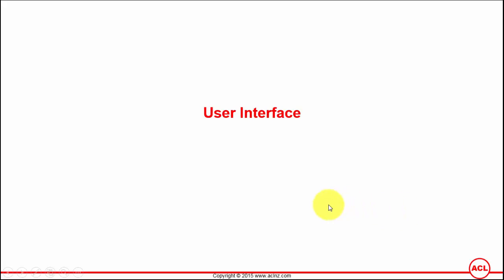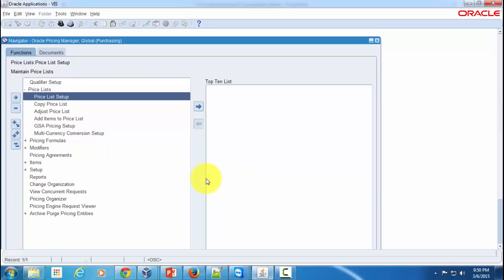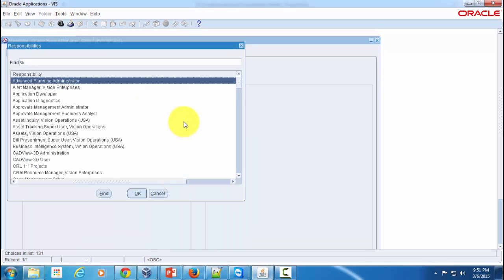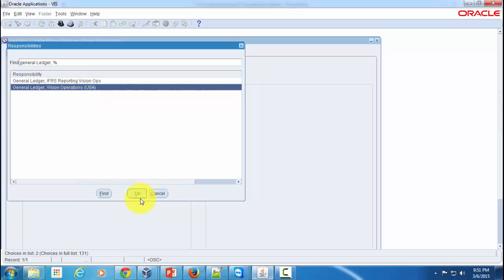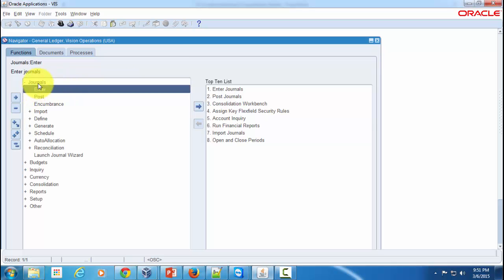So I'm going to minimize this, and the first thing is, in eBusiness Suite you have the user interface as forms-based user interface and HTML-based user interface. Let's first have a look at the forms-based user interface. Let's go to General Ledger module, General Ledger Vision Operations USA responsibility, and within that, if I want to define a journal, then I go to journals and enter